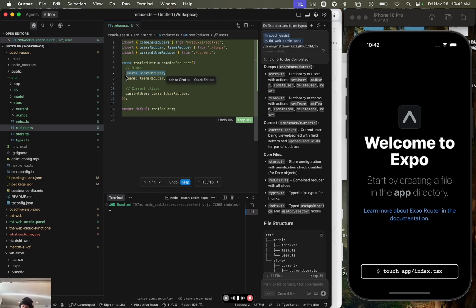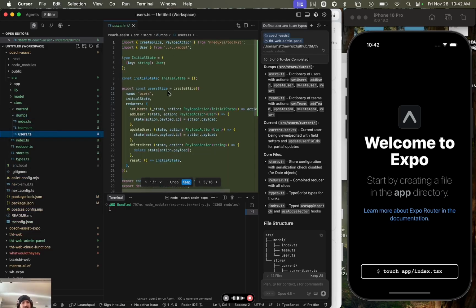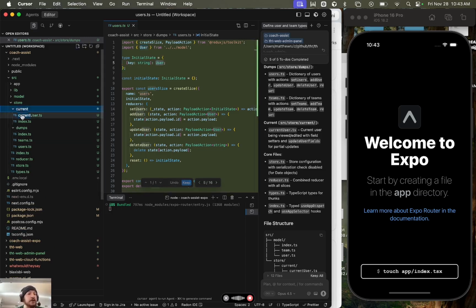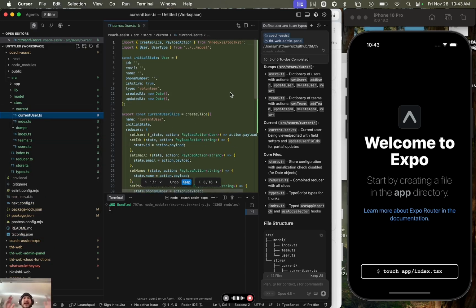So as we retrieve all users, we take that list of users and we add them to Redux. Again, our users dump slice is an object with key value pairs. So as we retrieve data, we throw it into the dump. And then as I move away from a list of data to a specific piece of data, I take that user that I'm working on and I add it to the current X slice. So now when I'm managing a user's profile, I have this single place to work with. And what this does is instead of passing it as a property or a route or a callback, whatever,